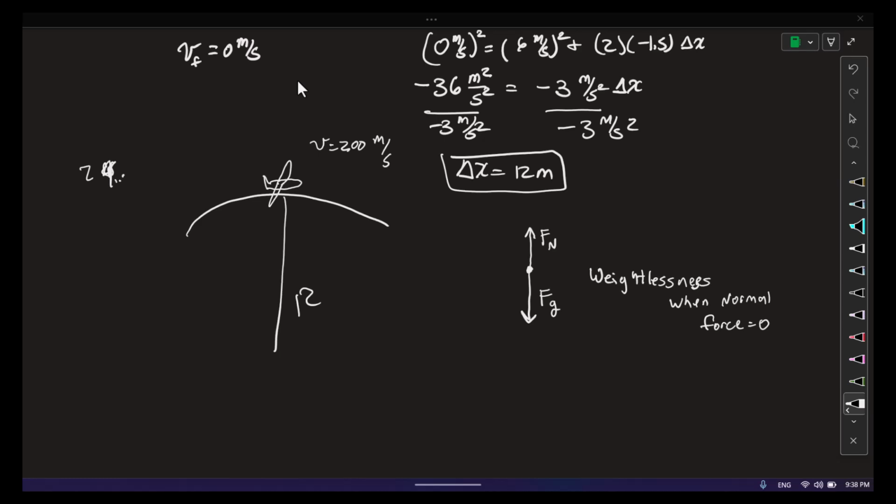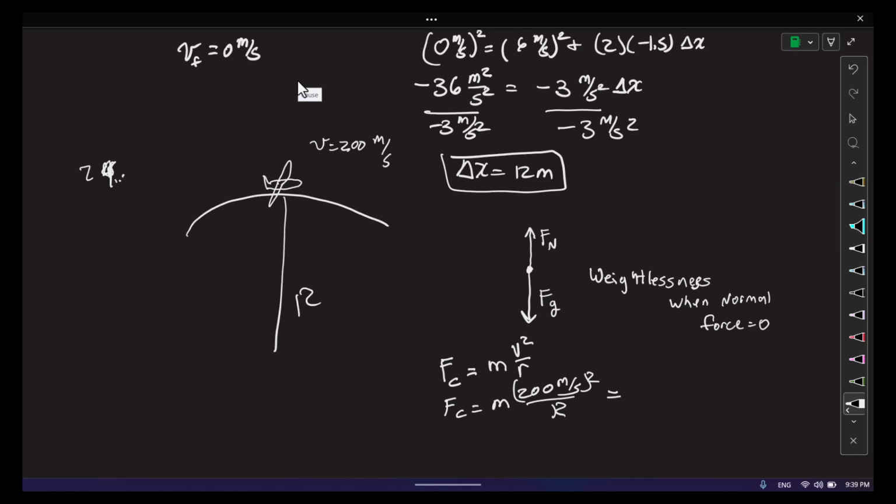So we know that the centripetal force is mv squared over r, or the centripetal force is m times 200 meters per second squared over r. And we know that that has to equal the force due to gravity in order for the normal force to be 0,